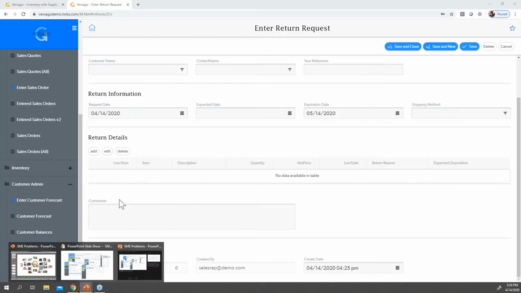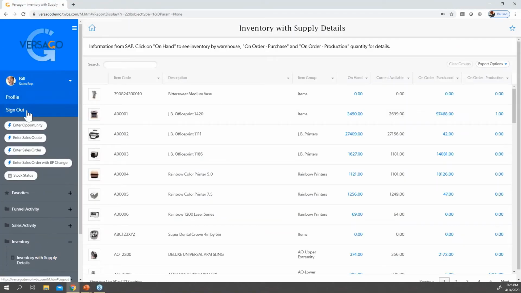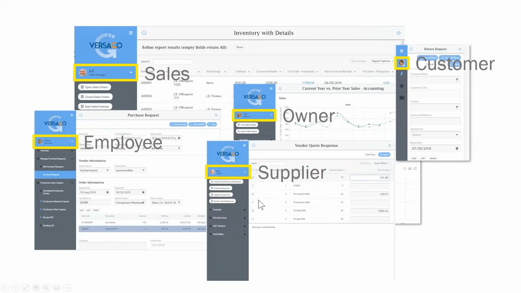The next area that I want to talk about is around the supplier. As part of the supply chain, we really want to eliminate touching. So what do I mean by that?